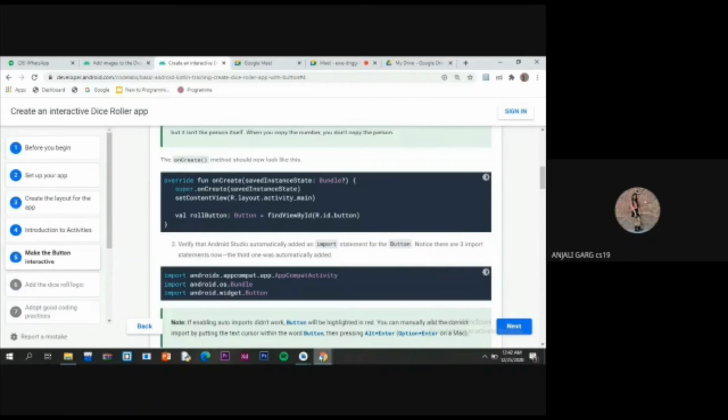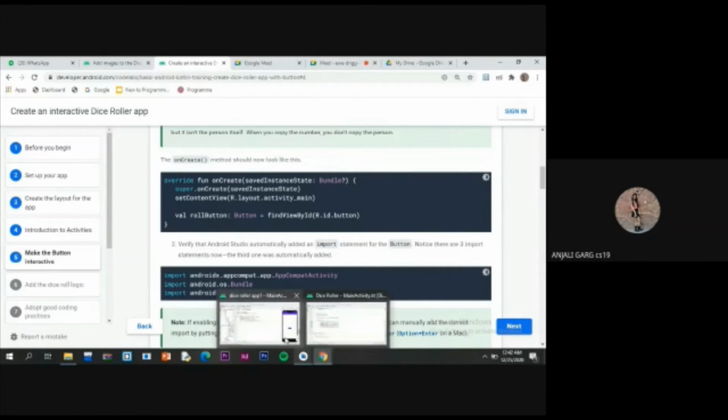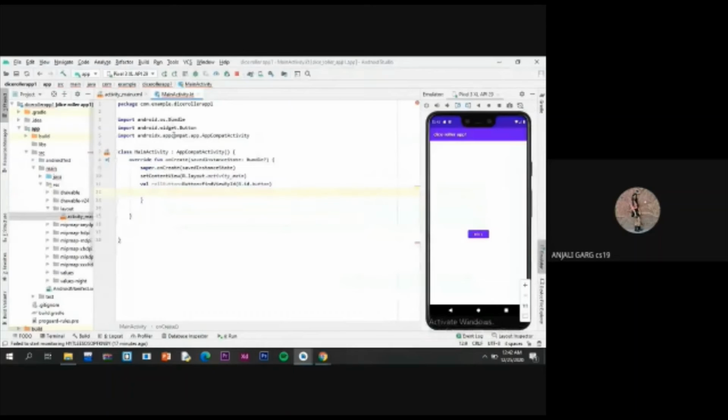Are there three import statements? Yes, you can see there are three import statements, which shows that Android Studio automatically added this one. This is the one which Android Studio has automatically added to our main activity, and this is also representing that this is for this button.